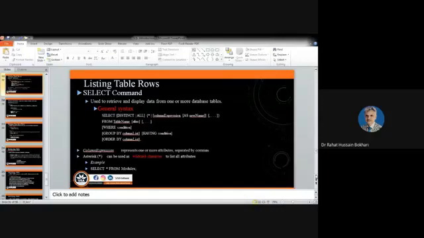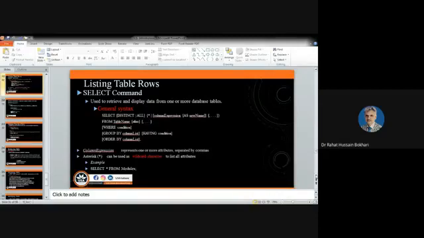And if you say, no, I need not display all the records, but I like to display the records conditionally. For example, there is a table student, and I like you to display all the records in which the name of the student starts with A, let's suppose, not with B or C, only with A. So you have to put some sort of condition with your select command. And that condition is introduced with the help of the where clause. Did you get my point?